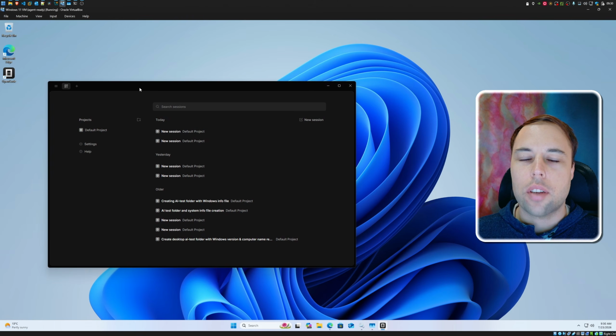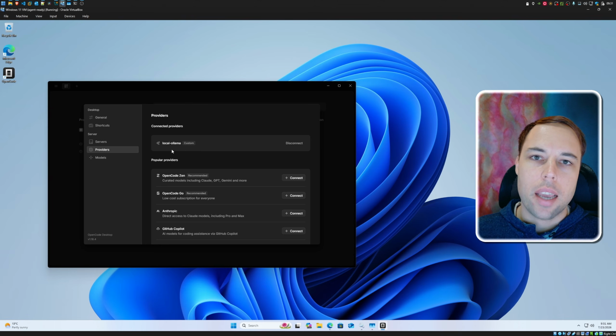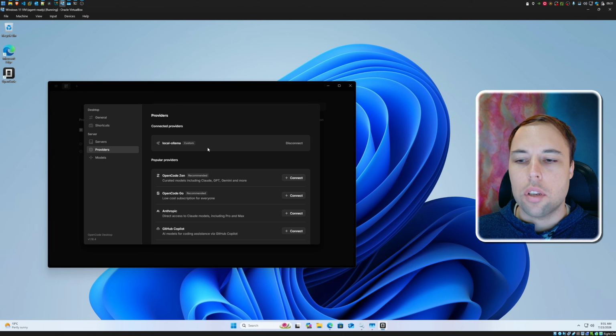However, for the previous guide on this channel where I showed you how to install the desktop version of OpenCode, I'd still stick by that guide just to get the models set up, because in the desktop version of OpenCode, if you go to the menu and then into the settings, you can set the providers here, and we set up our local Ollama models via the graphical user interface. And I think that's a lot easier to do than manually editing a file, which is what you'll have to do if you use the terminal version. So if you're following along to this series, you can still use OpenCode Desktop for the graphical user interface to set up your models.